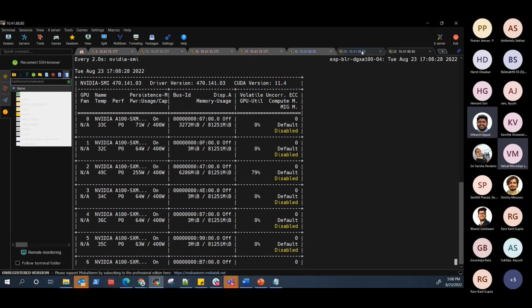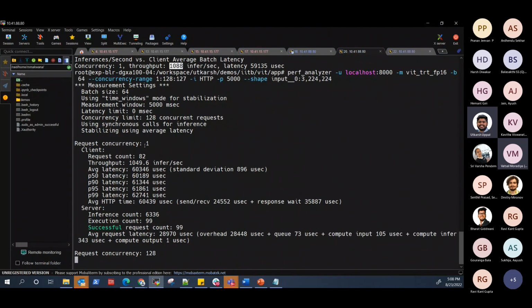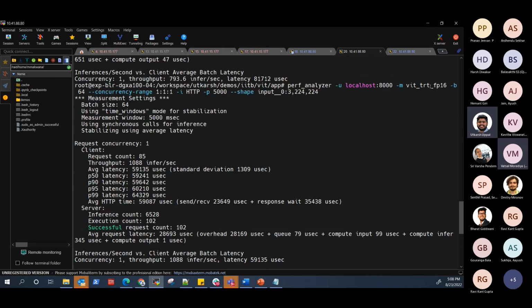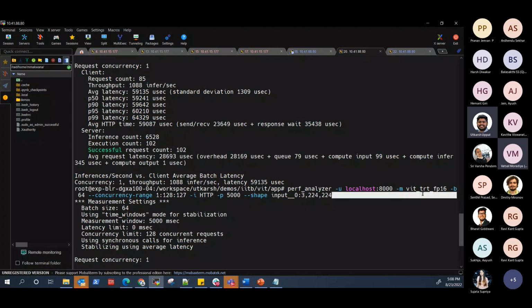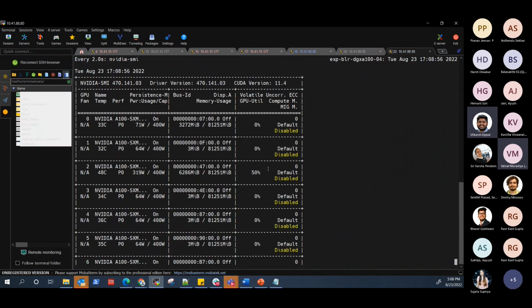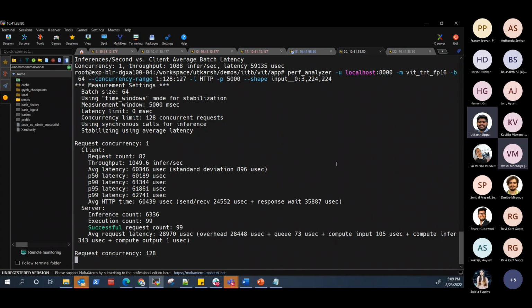So here your utilization will be very spiked compared to the initial use case, because you can see here the concurrent requests were one. We got a throughput of 1049, which is in the same ballpark we already got for TensorRT FP16. Also, I'm running the same model here. It was TensorRT FP16 only, and now also I'm running the TensorRT FP16 model, right? But we are sending concurrent requests to the model. So there will be much more load on the GPU. Only 50, 70% is there, which means I can increase the concurrent requests to utilize it further,